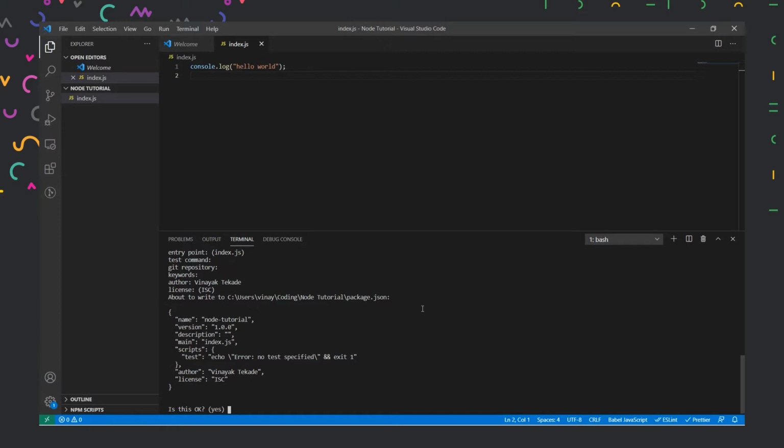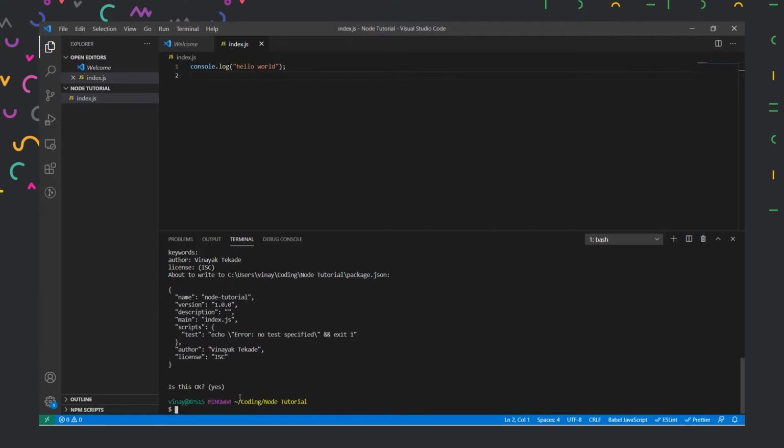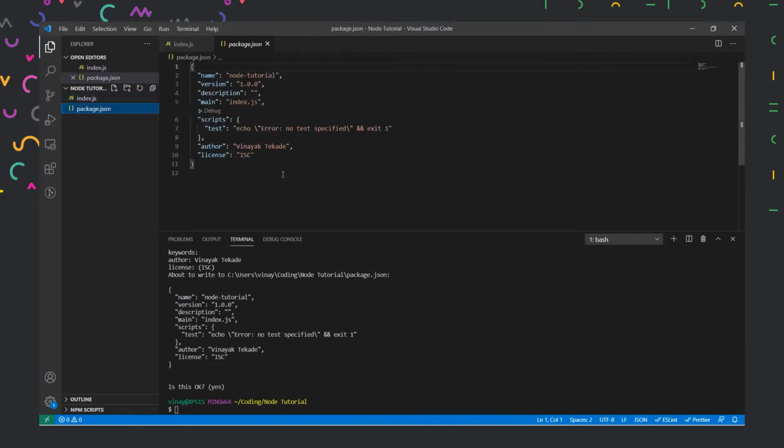After getting all the details, it will ask us whether all these details are correct. And if it is correct, then it will save the file, or else we'll have to run the script again. So is this okay for now? Yes, it is okay. And then you will notice that it will create a package.json file for us. This package.json file will contain all the details about our npm repository. And this npm repository can later keep a track of all the files we have, all the packages we have installed in it.